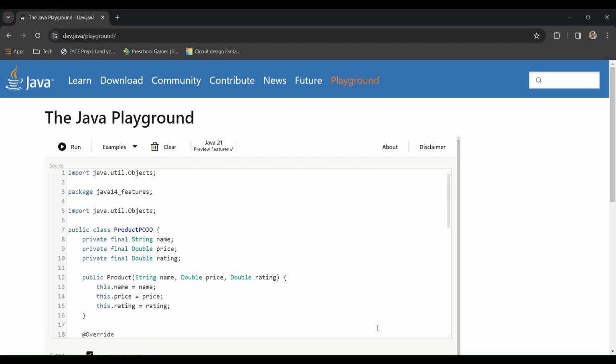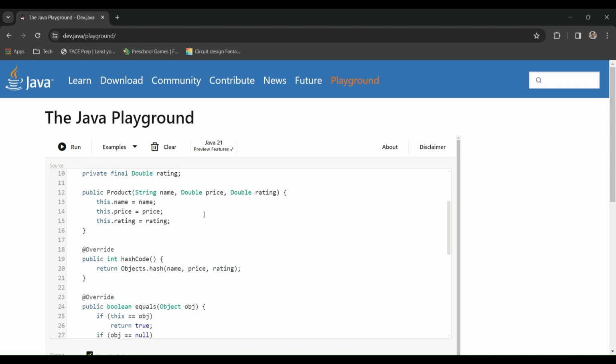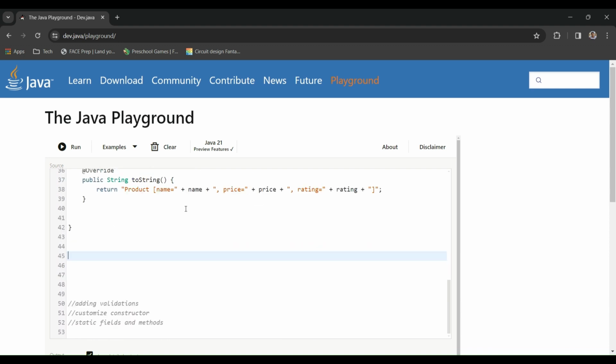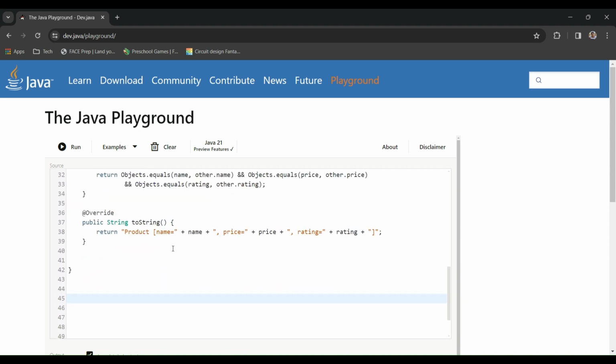With an example, here if you see we have a Product Pojo with fields name, price, and rating. So whatever example we discussed before, the same thing. If we use the Pojo approach, I mean a Pojo class, this is the code we need to write. We need to make the fields final to make them immutable, and write a constructor, hashCode, equals, and toString. So this much code we need to write. So if we want to replace this with the records feature,